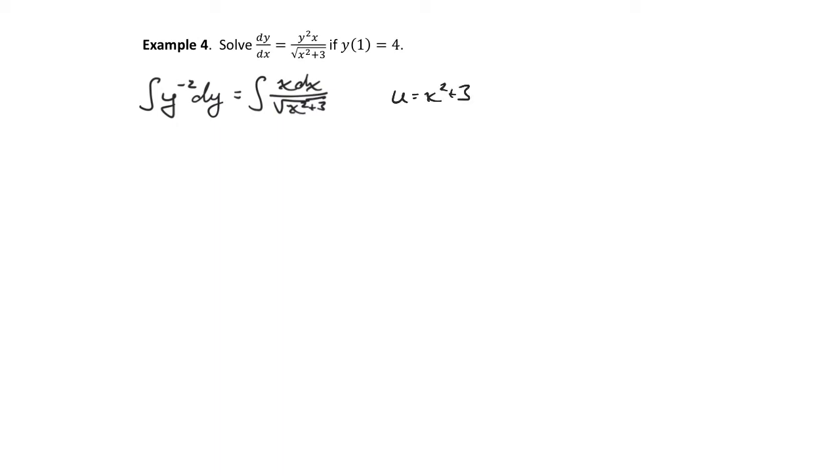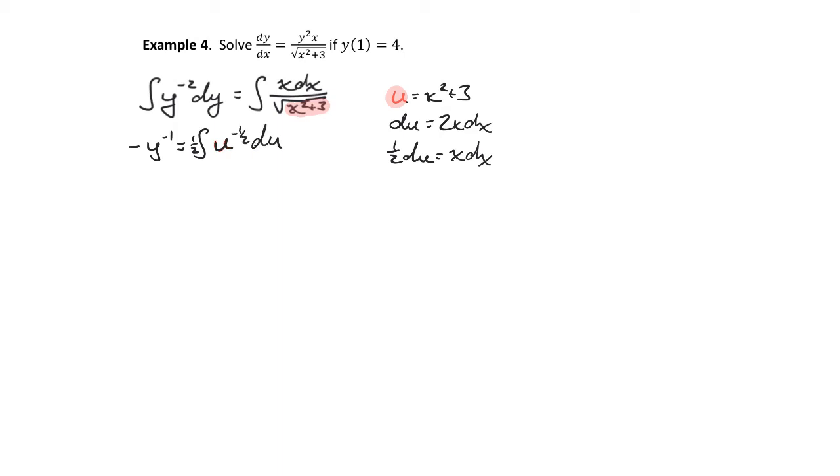So on the left side, we'll end up with negative y to the negative 1. On the right side, we'll remain with, let's see, oh, well, I didn't finish my substitution. du is 2x dx. So I'll have 1/2 du equals x dx. So the numerator becomes 1/2, which I'll slap out front. And then the x dx was 1/2 du. And the denominator was the square root of what we let u be equal to. Okay, so this is u, and we'll bring that up as u to the negative 1/2